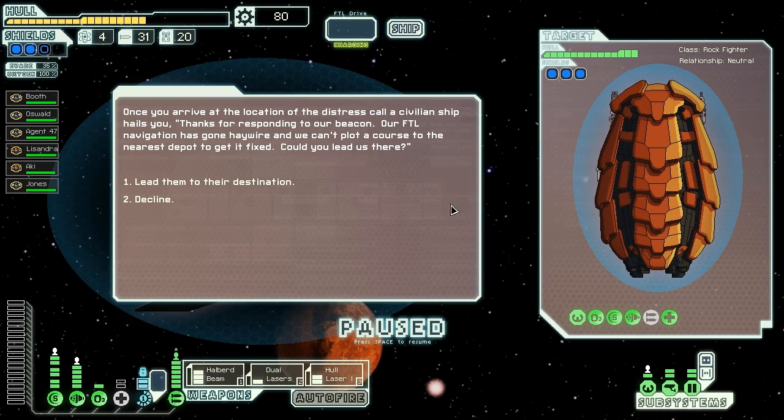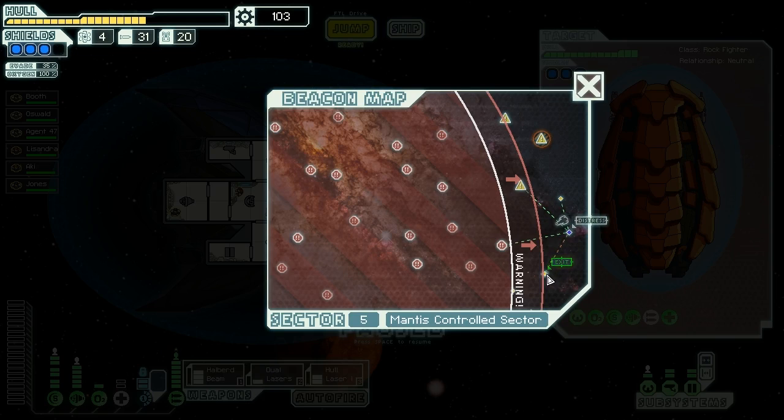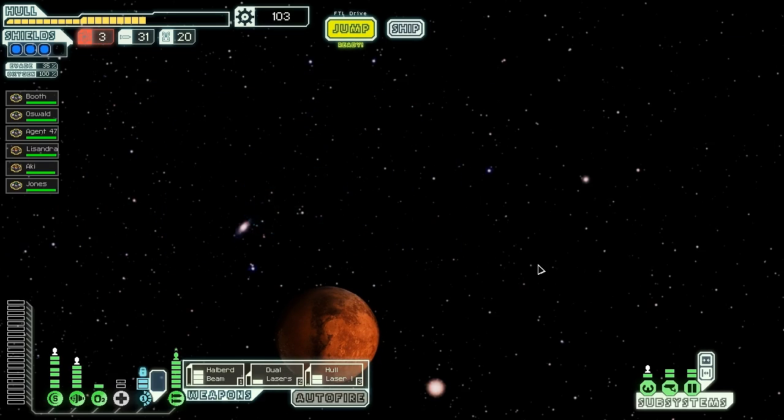We arrive at the location of the distress call, and a civilian ship hails us, thanking us for responding to their beacon. Their FTL navigation has apparently gone haywire, and they can't plot a course to the nearest depot to get it fixed. We offer to lead them to their destination, and they give us 23 scrap as a down payment. We jump to the exit, and hopefully won't run out of fuel as soon as we get to the next